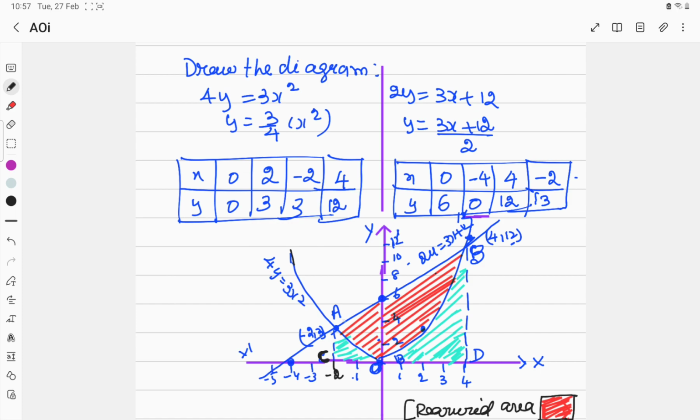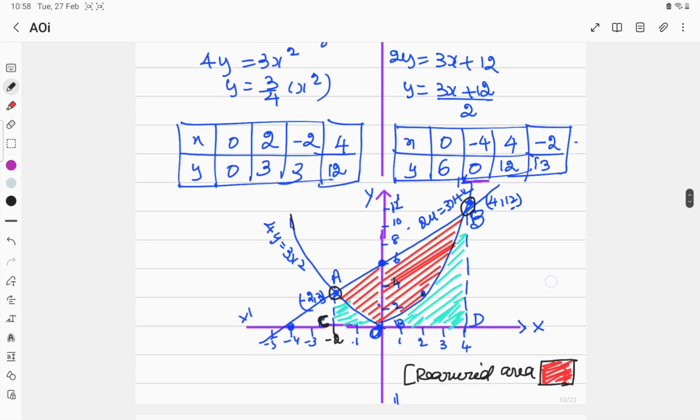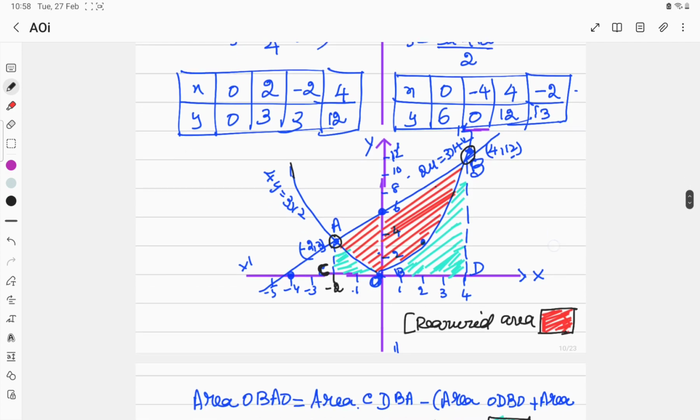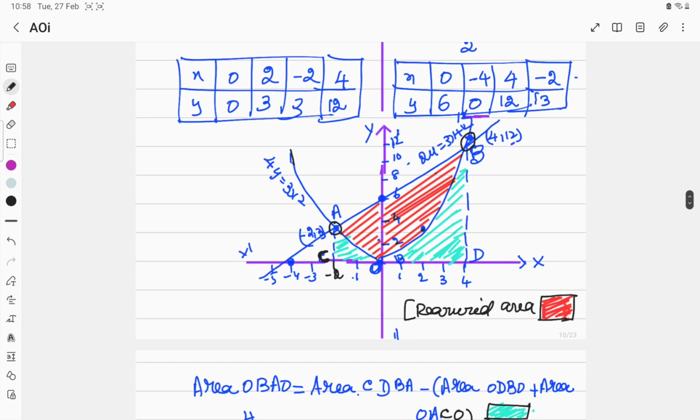This straight line 2y = 3x + 12 intersects it at (−2, 3) and (4, 12). Here we have to see one thing. The required area is the part shaded in red. But we have to find the whole area and eliminate the shaded portion in blue. Then we get the required area